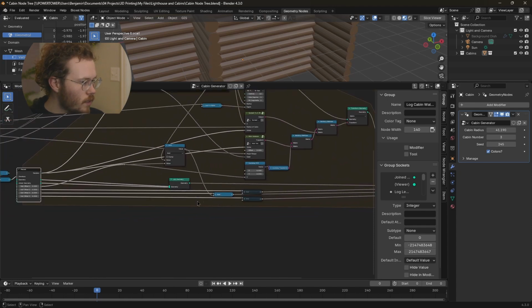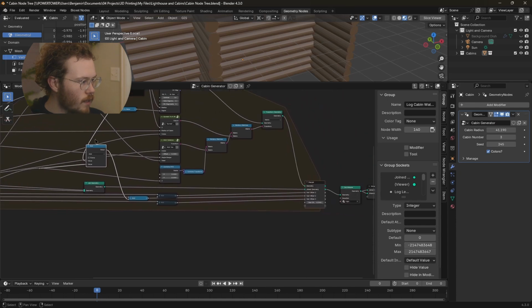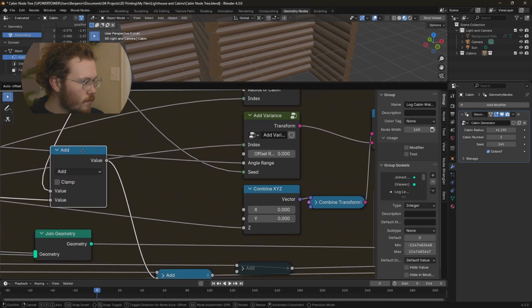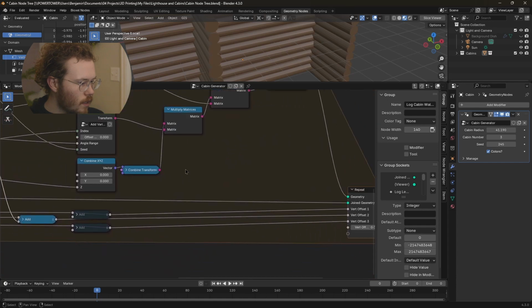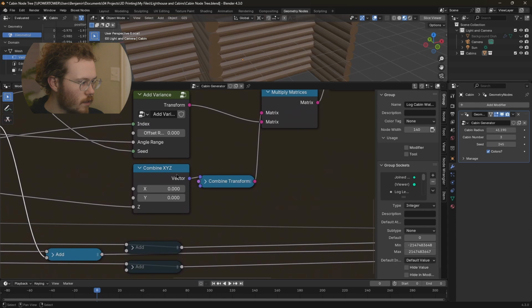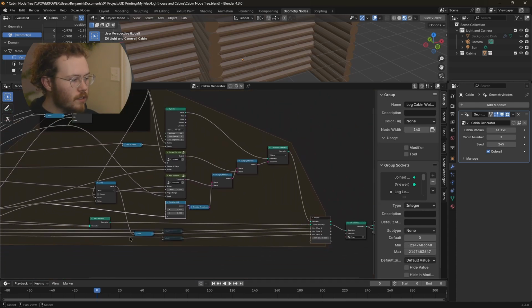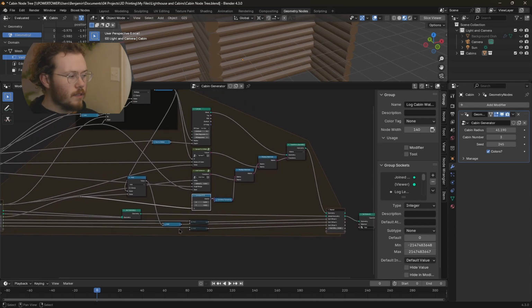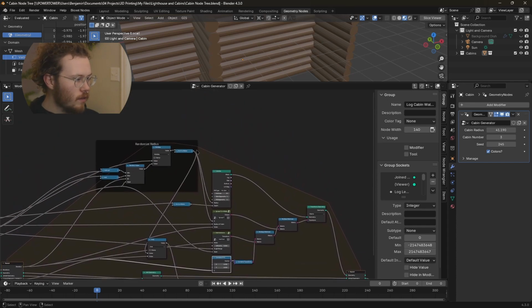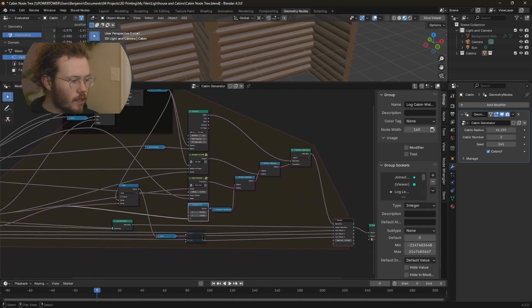The idea here is I'm bringing in this value from offset 1, comes in here and then is added back in, and then that value is split to come into the combine it here in the Z. So what that's doing is it's injecting a value based on the height. You can see that the randomized radius goes into this and adds to it, and then comes in and iterates